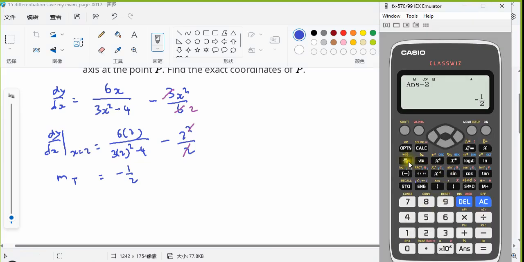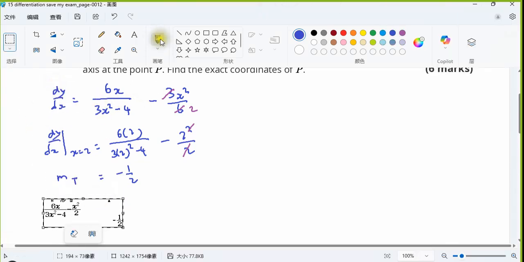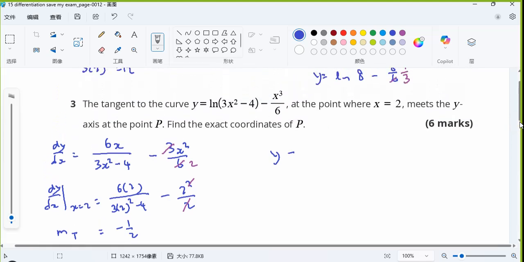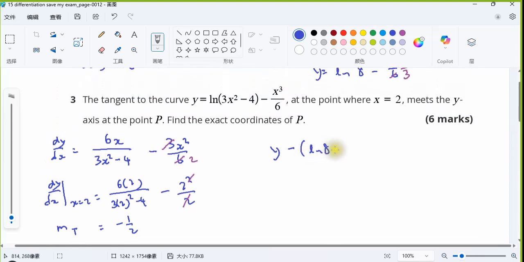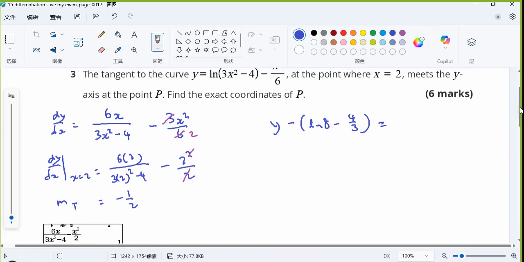So all we have is 6x over (3x squared minus 4) minus x squared over 2, substitute with 2, then it's negative half. So we have y minus (ln 8 minus 4 over 3) equal to negative half